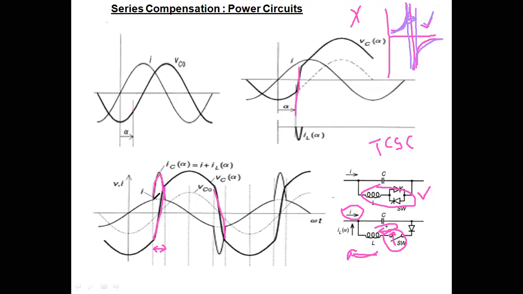Okay, and here there is one more path, that is the tank circuit current, that is inductive current. In addition to the line current you will have this inductive current, which makes the capacitor voltage negative, offsetting positive to negative, negative to positive, and in the next subsequent cycle, the positive negative cycle, the same procedure will happen. So that is about this TCSC.